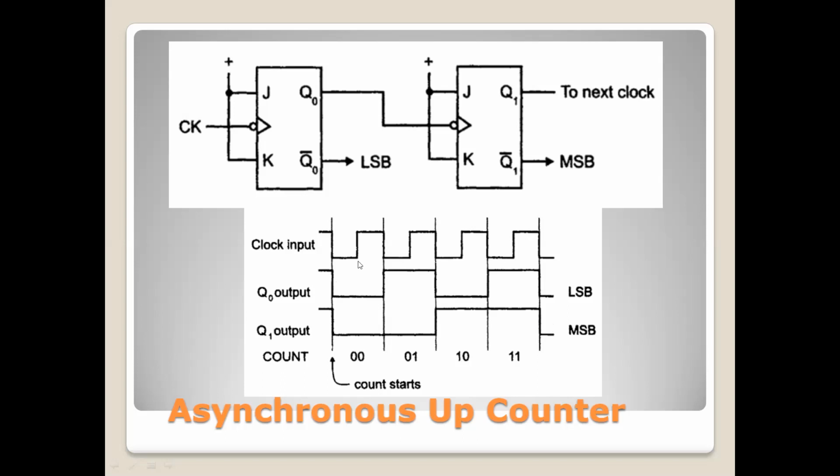So vertically we see Q1 0, Q0 0, that is 0 0, first count. And next here Q1 is 0, Q0 is 1, so 0 1. Here Q1 is 1, Q0 is 0, so we can count 1 0. Here Q1 and Q0 are both 1, so 1 1. So 0 0, 0 1, 1 0, 1 1. That is the up counter counts.